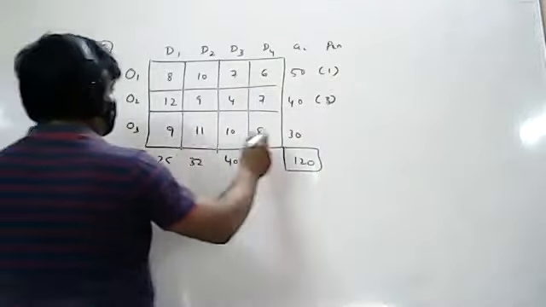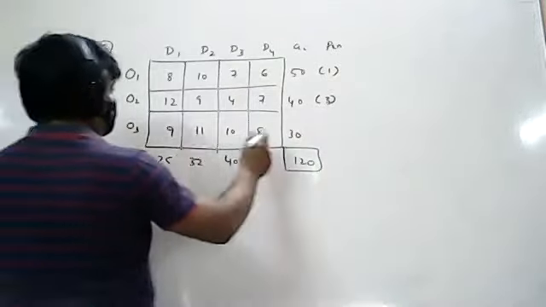So what is the highest penalty? Highest penalty is 3, but 3 occurs twice. If you consider this 3, what is the smallest element here? 4. If you consider this 3, what is the smallest value? 4. So the minimum element is equal and it occurs at the same place, so there will be no problem. In this 3, the minimum element is 4 and it occurs at the place 2, 3. So at the same place the minimum element occurs, so you can choose anyone.